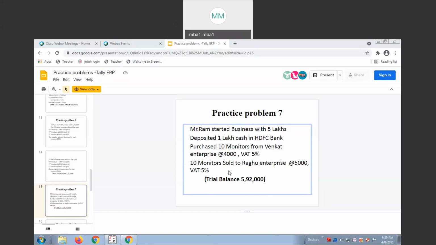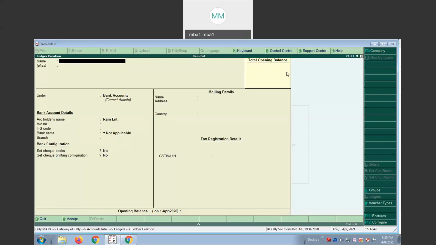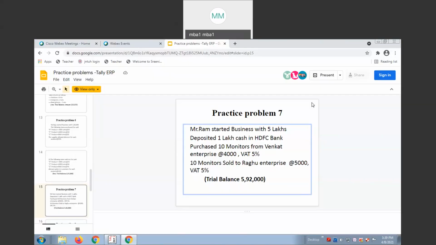One more Pooja here. Can you speak? Can you tell me which ledger we need to create now?